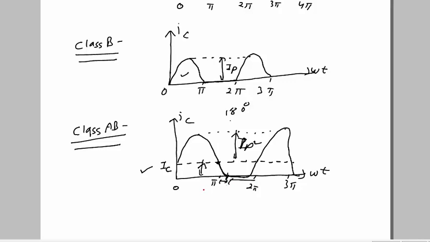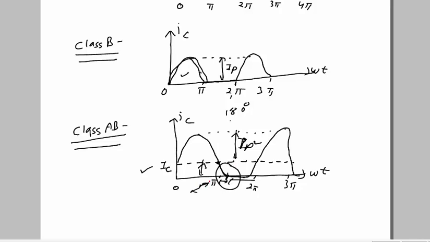Just like here we wanted another half, class AB has another transistor that conducts for an interval slightly greater than the negative half cycle, and then the entire current is added and provided to the load. But what is the difference here? In class B, when one transistor works, the other does not work. But here, for a little time both will conduct. So during the intervals near the zero crossing of the input sinusoid, both transistors conduct.